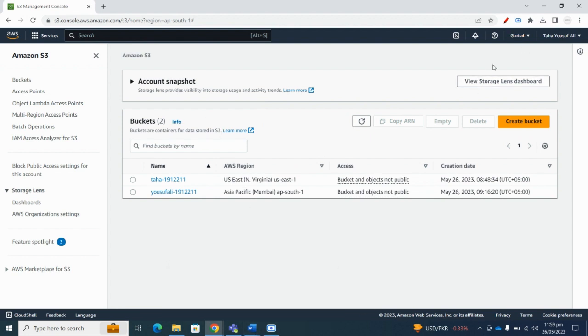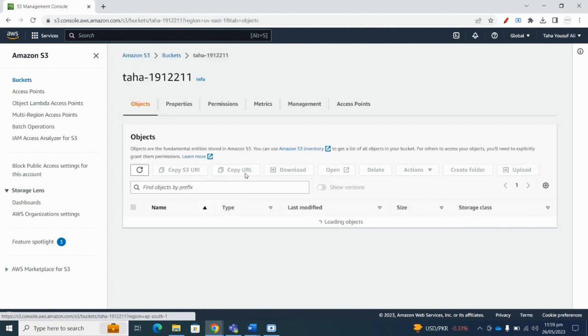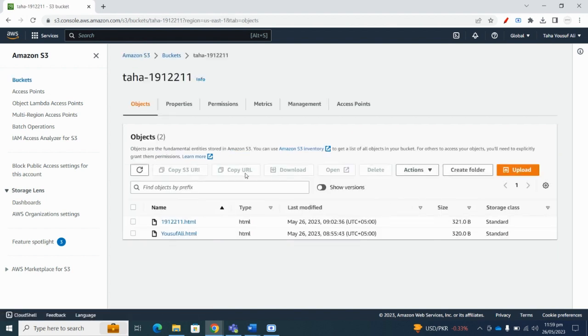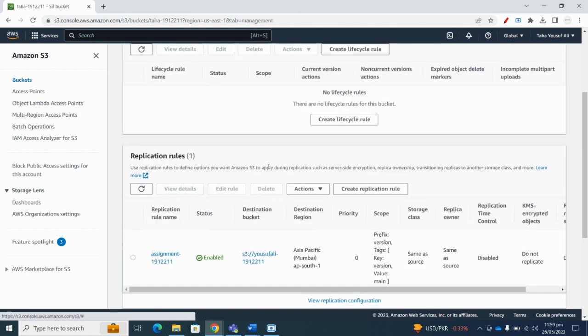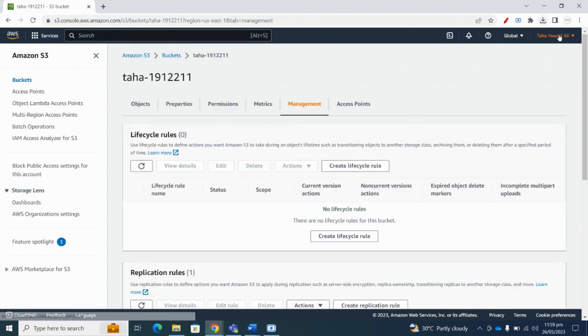After we have created the bucket, then we can go to our original bucket that we created in another region, that we want to replicate in the Mumbai region where we just created a bucket. So over here we can go to management, and then over here we can create the replication rule, right? After that,